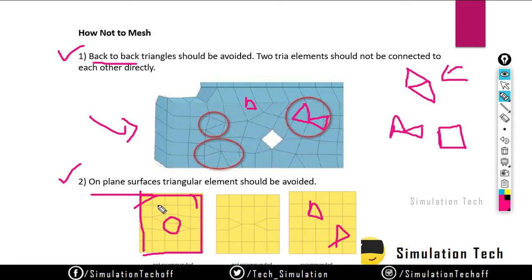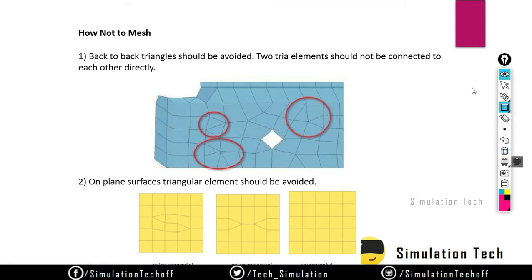While on the disturbed structure you are creating a triangle, that is not an issue. But if it is a clear structure, without any disturbance at all, you can't create a triangle like this. You need to create a mesh like that. It is not recommended, it is only recommended on disturbed structures. Okay, so this is our second rule, and we will move on to our next slide.